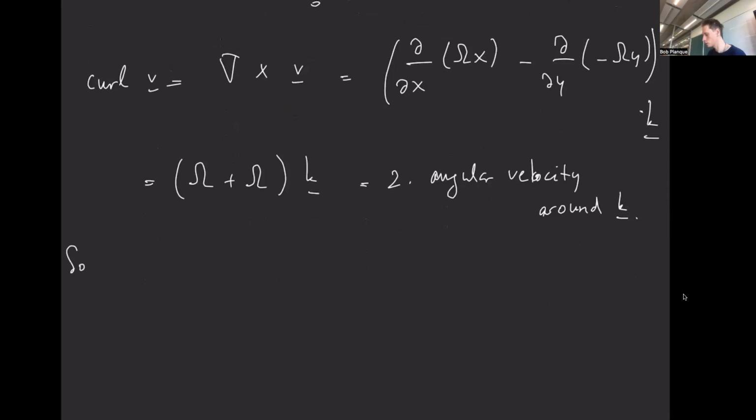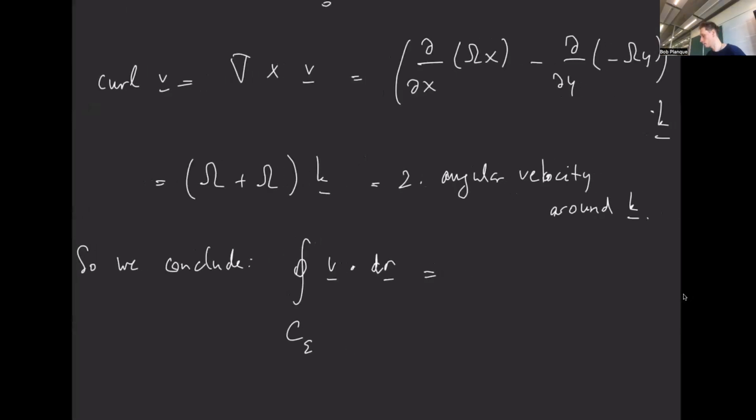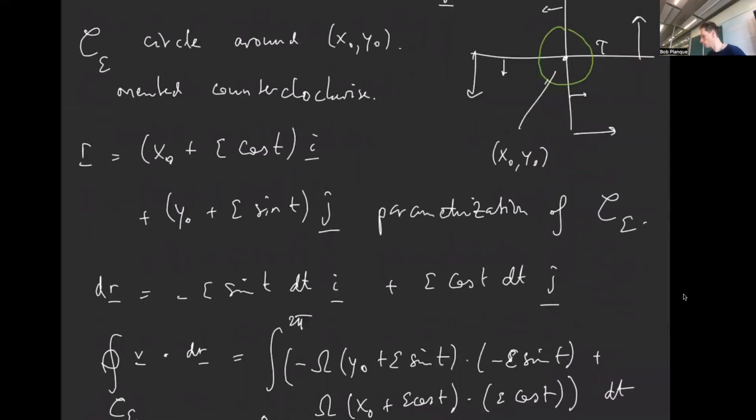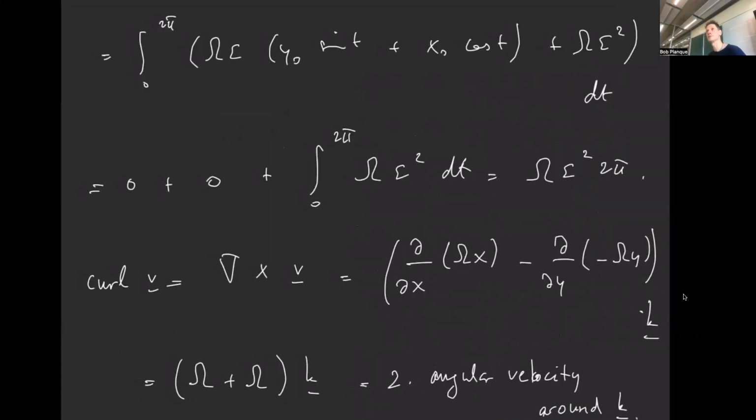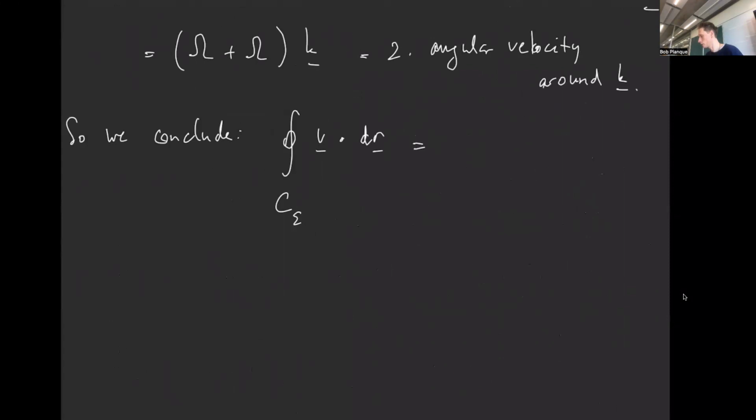So we conclude, at least for this example, but this turns out to be general, that, what factor did we pick up if we did the circulation? Well, we actually picked up a factor of, oh sorry, it was actually at the top, of 2 pi epsilon squared, or actually a factor of pi epsilon squared. And that is the area of a circle with radius epsilon. So I can rewrite this as the area of this circle